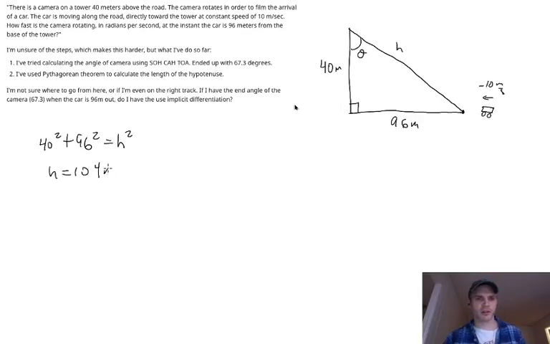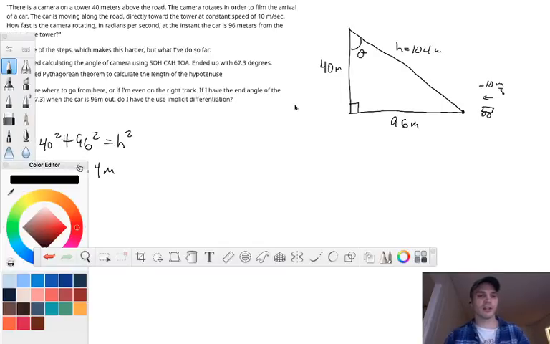Let me double check that. I'm just going to do it on the calculator because I'm feeling lazy. And yeah, it's 104. So h is 104. So this is all on the fixed instantaneous triangle there. The next thing that we need to do